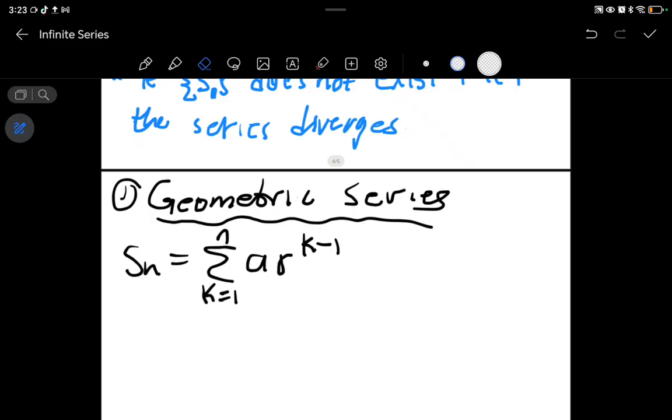Let me try to show you how. I know some of you know this formula. I can try to show you how we can get that formula. We know this formula, some of us. I'll write it here. We know this formula that Sn is equal to a